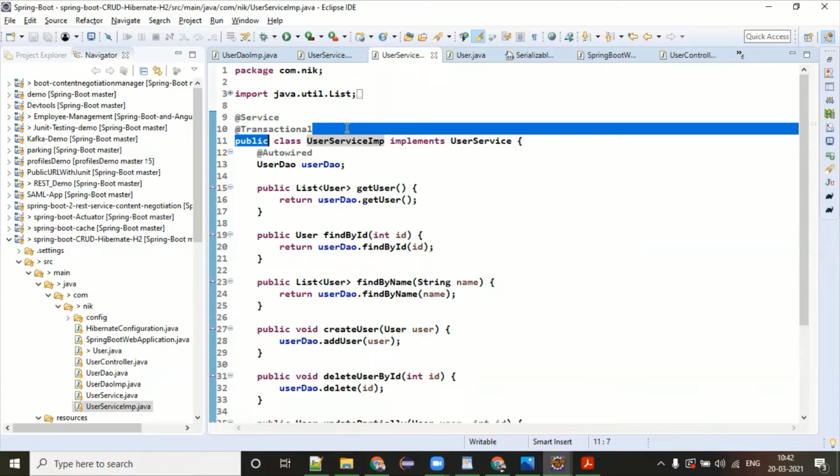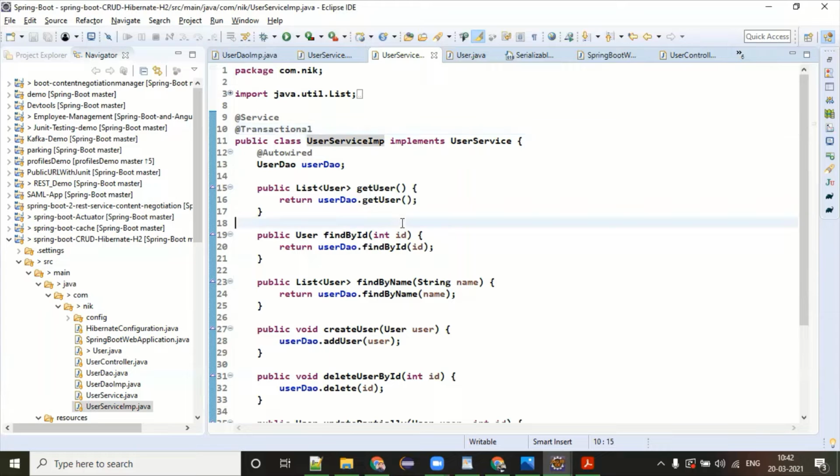Some people put it on the DAO layer, but I prefer to put it on the service layer. The reason is there is a high chance the exception comes from your service layer. The DAO layer is always straightforward: it hits the query, executes it, and brings the data for you. So the exception chance is mostly in the service layer. That is why I have put the @Transactional annotation on this service layer.